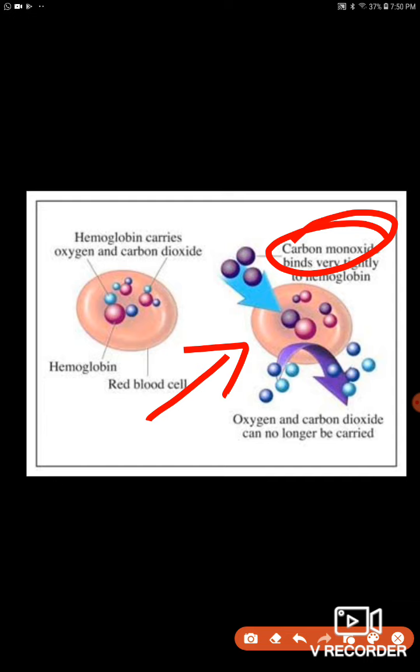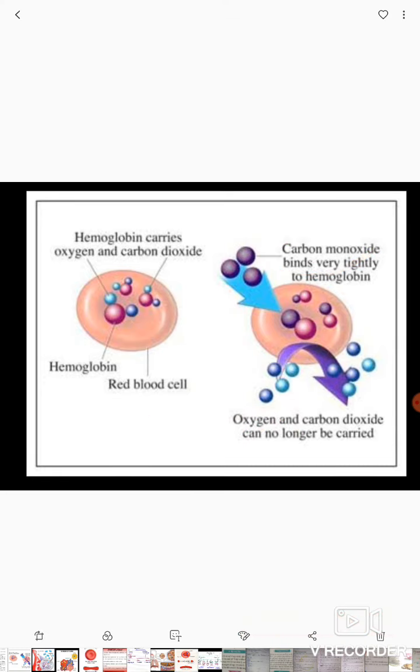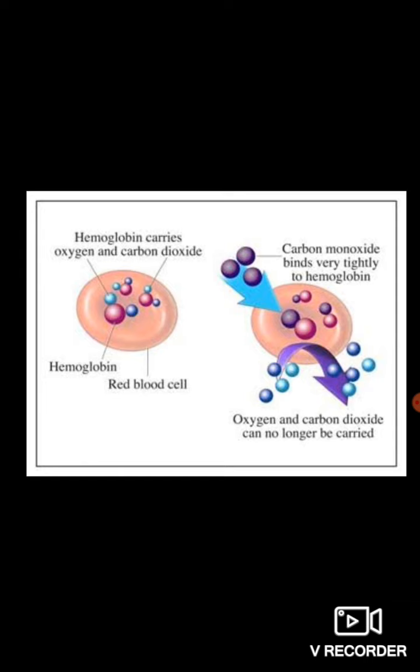Underline this word in your book on page number 93, carbon monoxide poisoning. How can this condition occur? If a person is sleeping near burning furnaces in a small room without any ventilation, this can result in carbon monoxide poisoning. And if it is for a longer period of time, the person can die. So this is about hemoglobin.